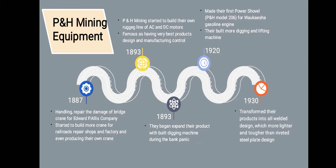With the recognition by a lot of customers, the customers started to call the shop P&H, which stands for Pauling and Harnisweger, and it became their trademark for this business. Moving into the year